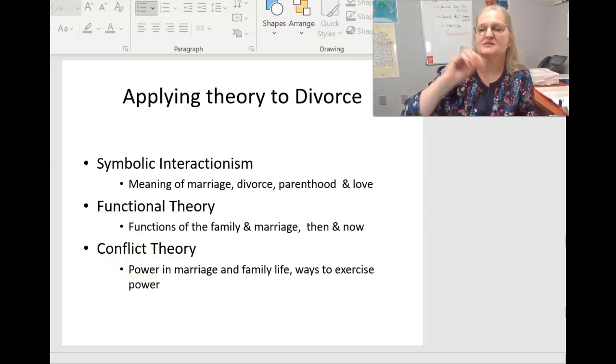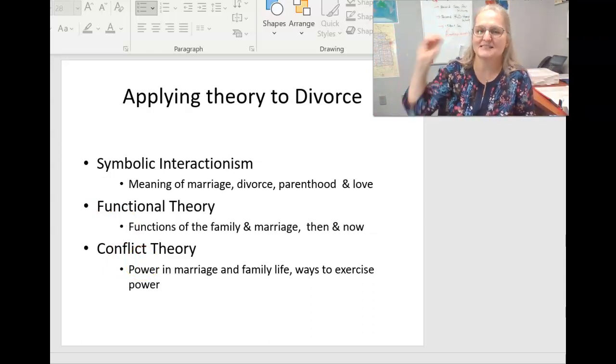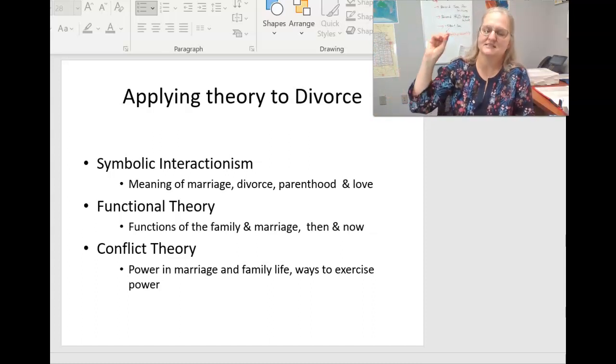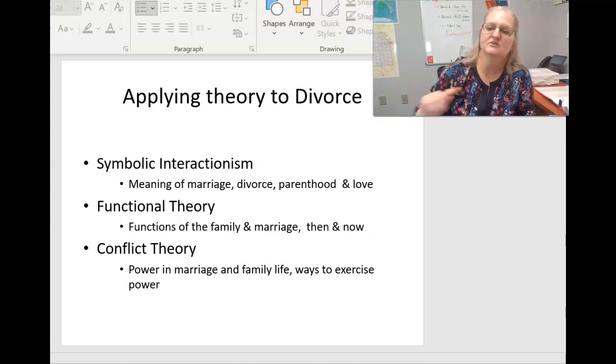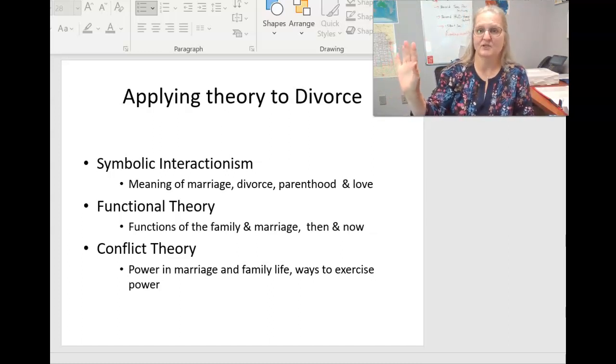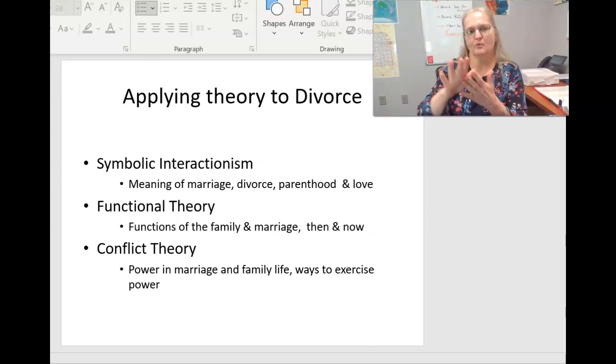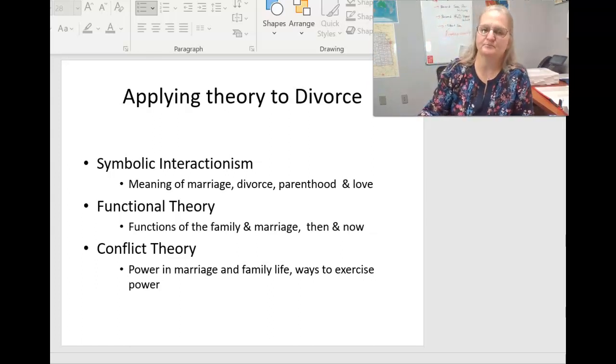Symbolic interactionism would say we need to redefine what marriage means. We need to stigmatize divorce again. Functional theory would say we need to change the laws. Right, we need to make it harder to get a divorce. We need to make the family responsible for things again. It used to be you were born, you died, everything happened in family. And conflict theory might suggest that,